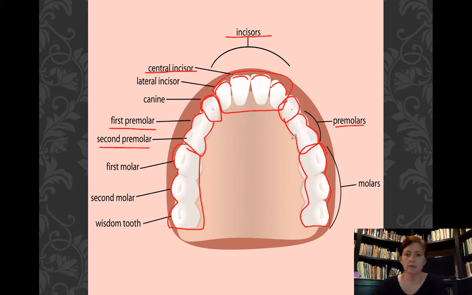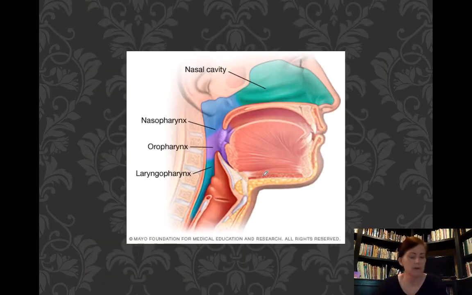All right, so there's all your different types of teeth, and again, it's the same for the top and bottom. They mirror each other, so they're all going to be the same, whether you're looking at the top or the bottom of your mouth. Okay, which leads us to our last structure when we talk about our upper digestive structures,